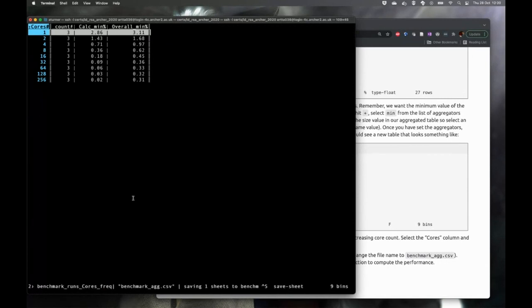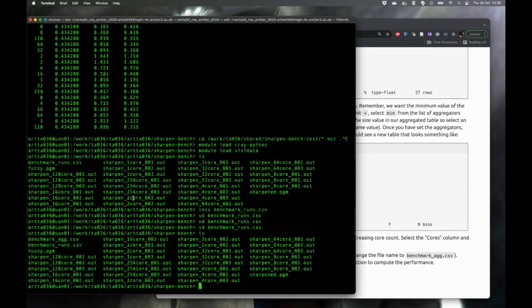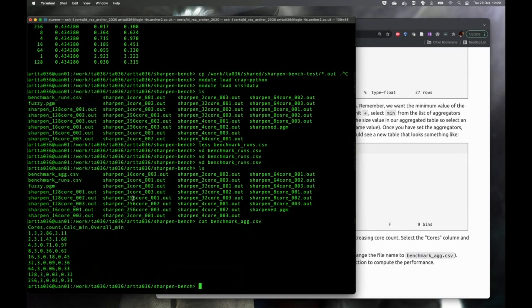And so it's saved one sheet. So now when I quit, GQ, you can see that as well as the benchmark runs.csv, I've got benchmark ag.csv, which contains that aggregated data set we had. You can change the precision as well of the